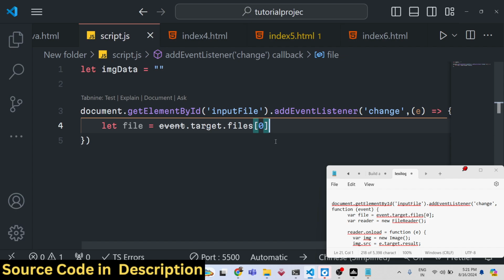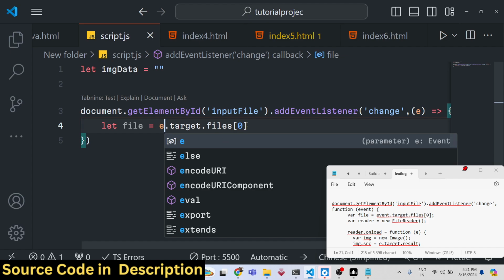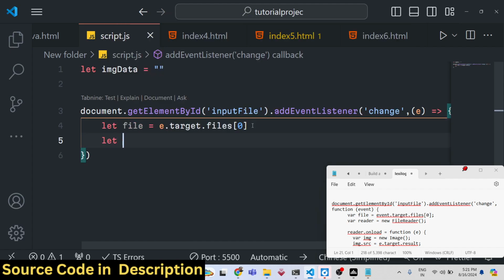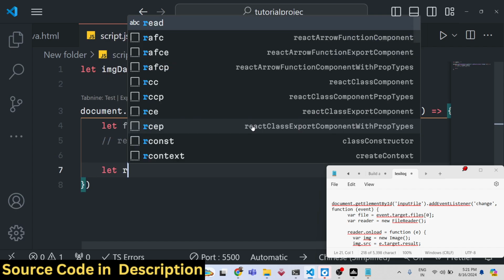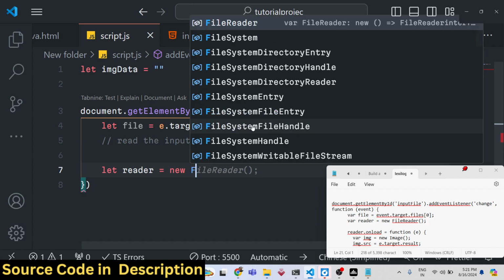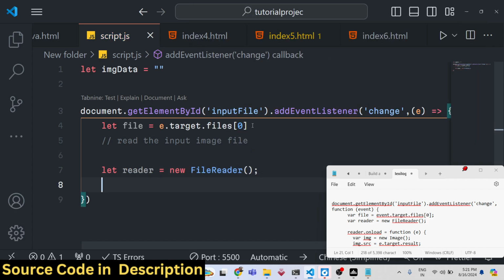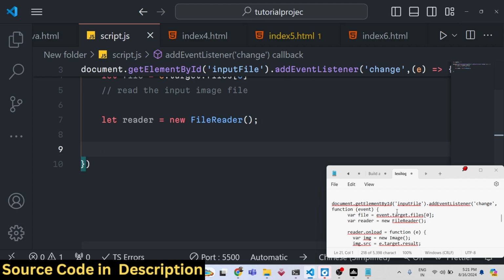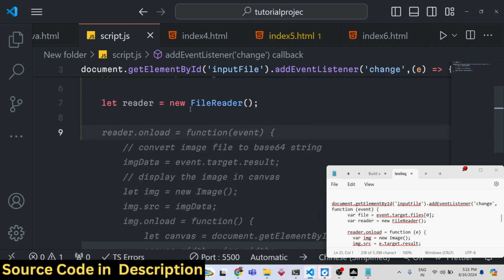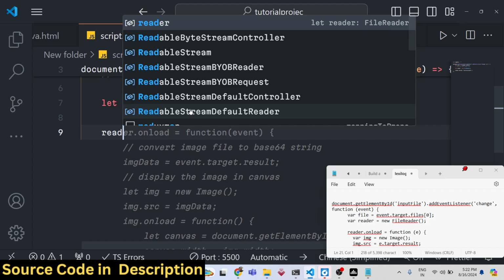You will get access to the file which is selected by the user by e.target.files[0]. And now we need to actually read the input image file which is selected by the user. For doing this, we will use the FileReader API, which is built into the browser. For reading this, we will instantiate a new instance of the FileReader class, and then we will simply